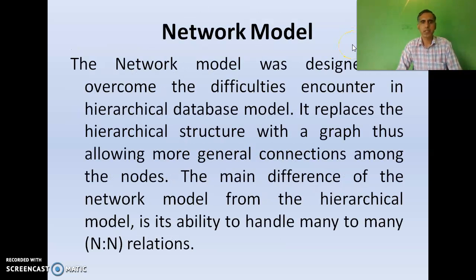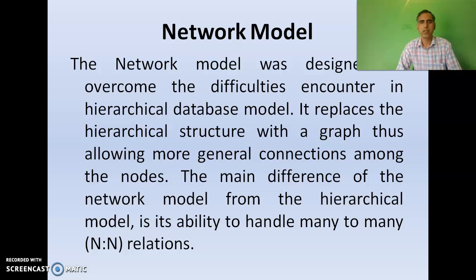Now we discuss second type of database model, network model. The network model was designed to overcome the difficulties encountered in hierarchical database model. It replaces the hierarchical structure with a graph.